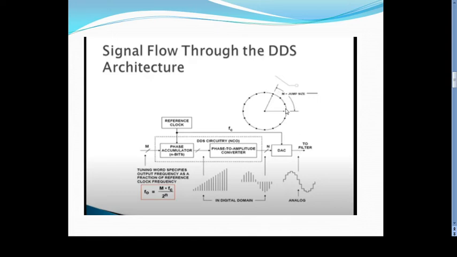So this is the jump. The resolution depends upon the phase of the points on a wheel. M is the jump size. The output frequency is given by M into Fc divided by 2 raised to n. This is in the digital domain, which will be analyzed, and this is the envelope which is shown here. The output of the digital stage will be like this, and to completely convert it into a sine wave we go into the reconstruction filter.